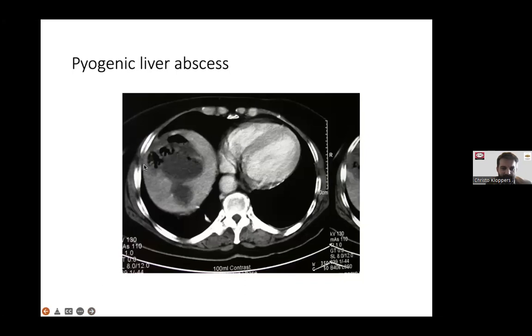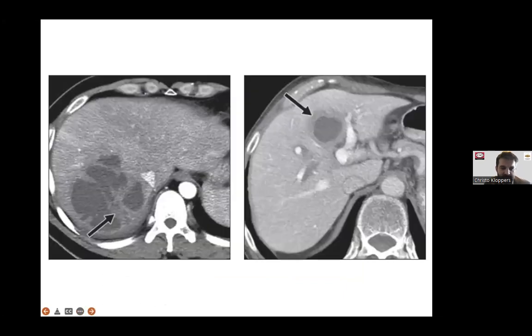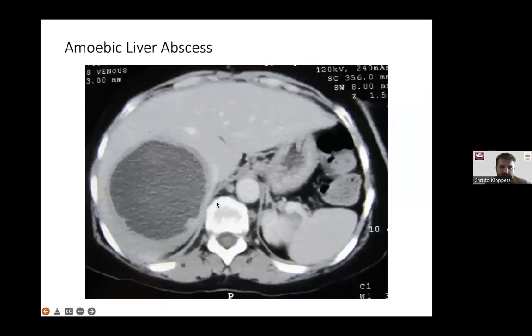I think pyogenic liver abscesses most would recognize. We'll talk a little bit about it in the end. But I think there's more pictures. There's often clues towards that. It's complex. It fits with the clinical picture. There's an edema around the lesion. You can often appreciate that on CT scan. But just be careful that you don't miss the occasional amoebic abscess. To me, that's